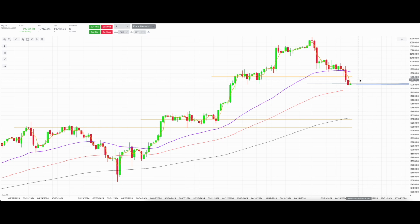So that would mean we're going to likely test 20,000 and then move ourselves back lower. We've already done that once, but do we do it again is the interesting key. We're not going to know until we get to the 200 levels how we react in here. But one thing that I see the 100 already telling us is that we are likely to have some support within the